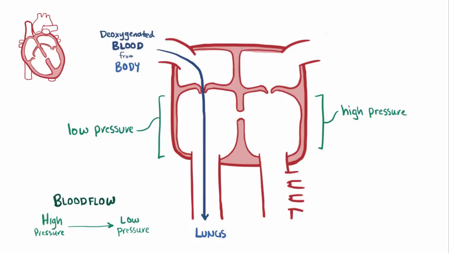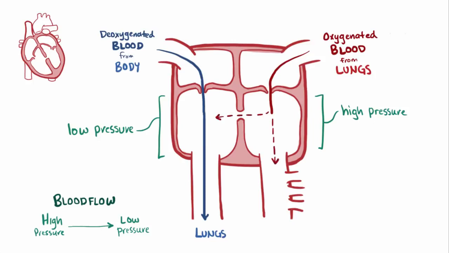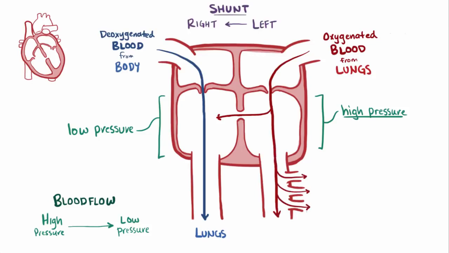When oxygenated blood comes back from the lungs to the left atrium, and then the left ventricle, now again it's got two choices. It can either be pumped out to the body, or flow over to the right ventricle through the gap. Since now it's in the left ventricle, which has higher pressures, some of the blood flows over to the lower pressure right ventricle. So a left to right shunt has been set up, where oxygenated blood takes an extra trip